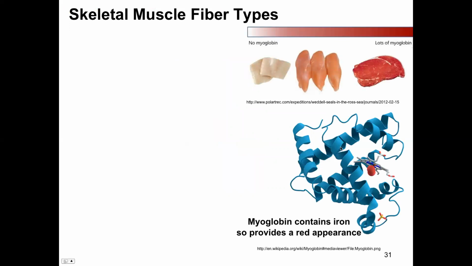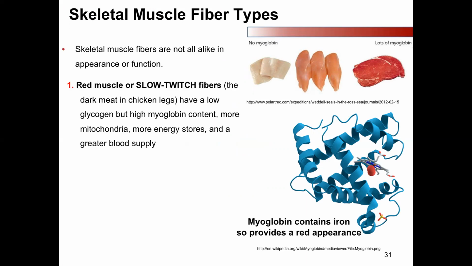So you know that there's different colors of meat, and because of that, we have different types of fibers, and they're different. We use them for different things. So the red muscle, okay, so that would be the dark meat, chicken legs, right? Chickens use their legs to run around. These are called slow twitch fibers. They're very low in glycogen, so there's not a lot of sugar stored up there, but we have a lot